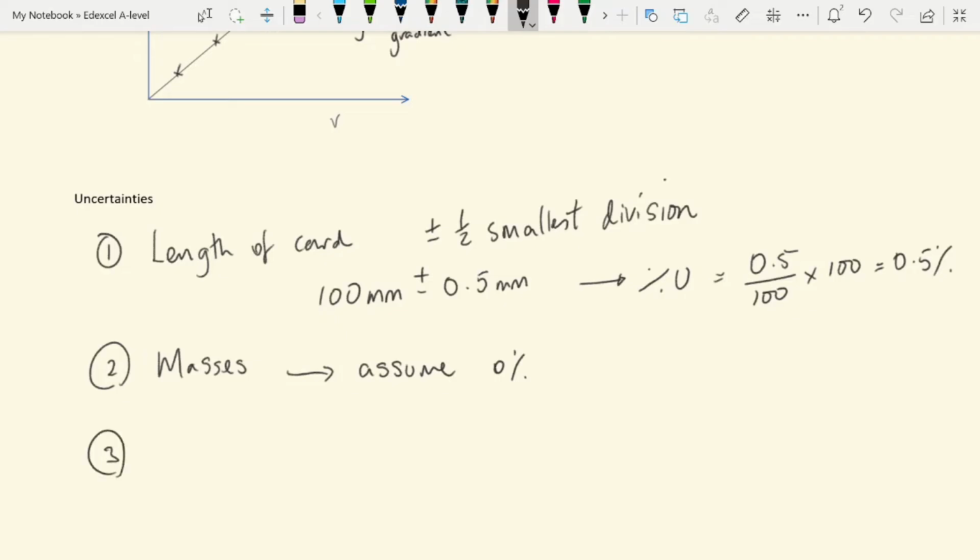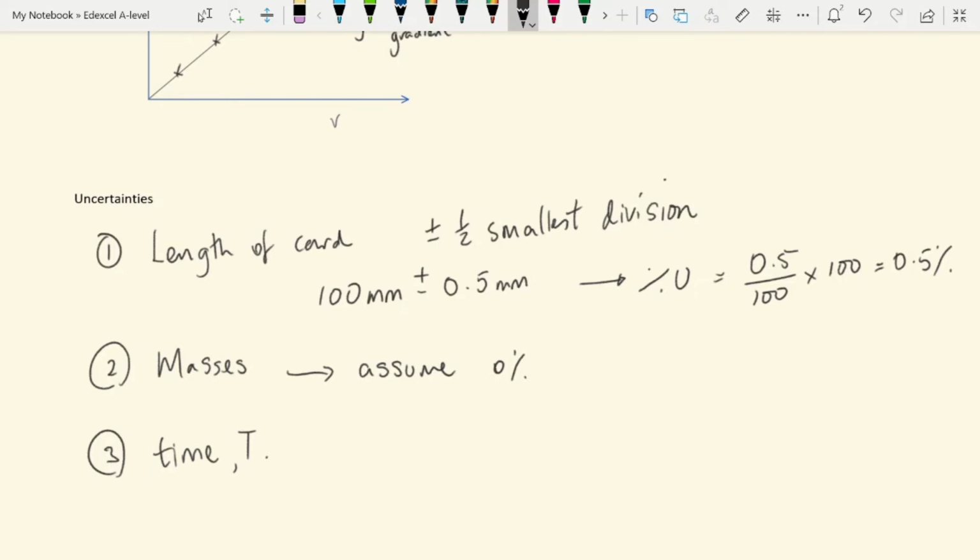Number 3 was the stop clock time, given the symbol capital T. This is going to be a big one because any time that you have to use a stop clock, you are having to consider reaction times in this. And so times using a stop clock are always a huge source of uncertainty, especially when it is such a